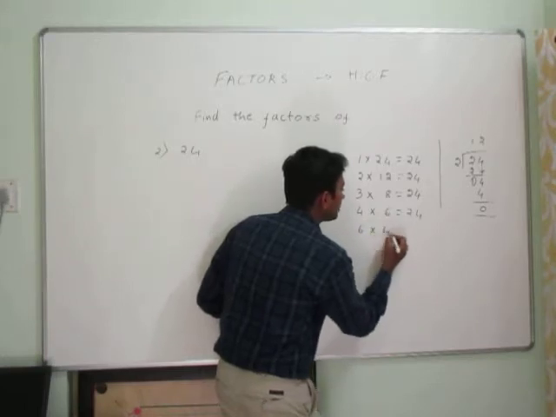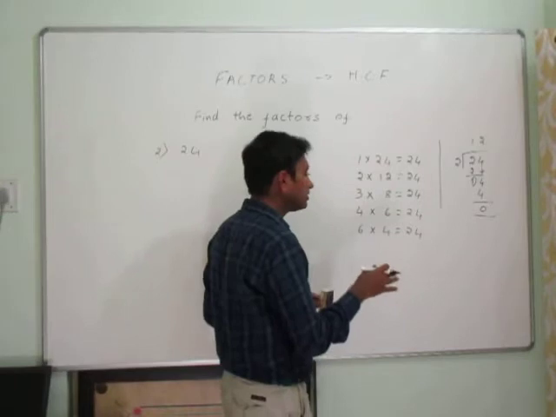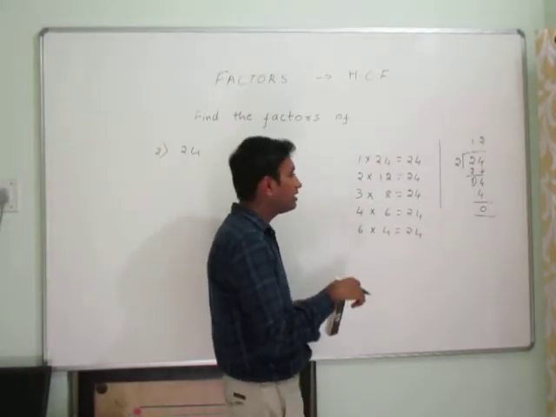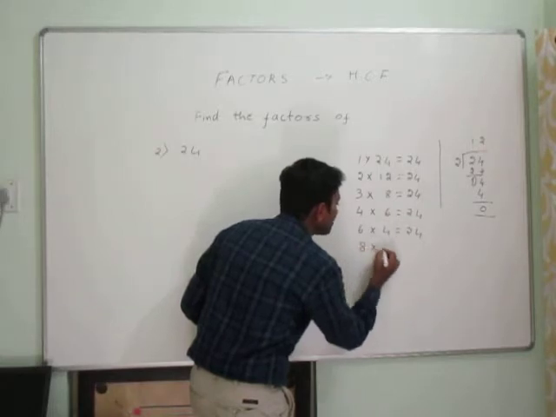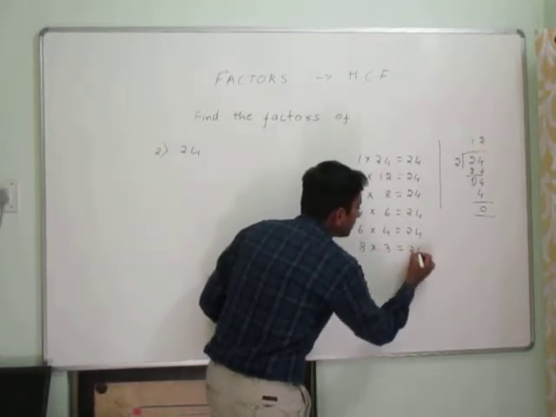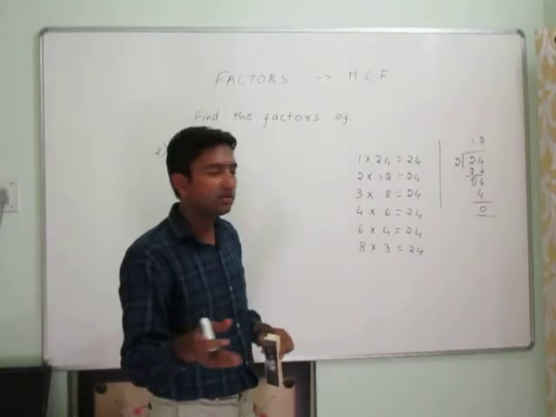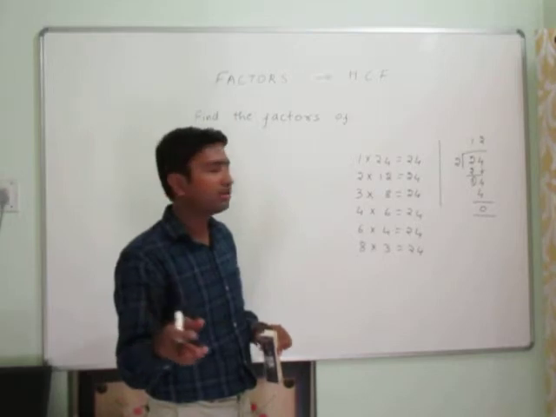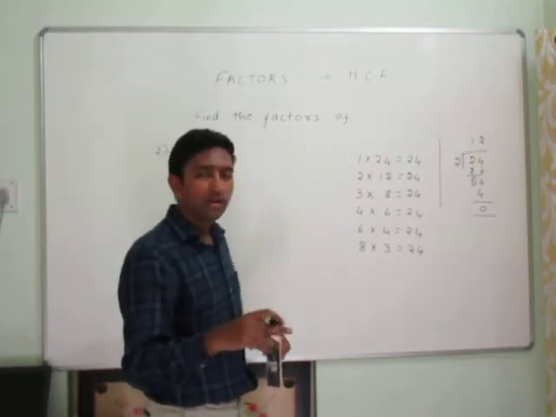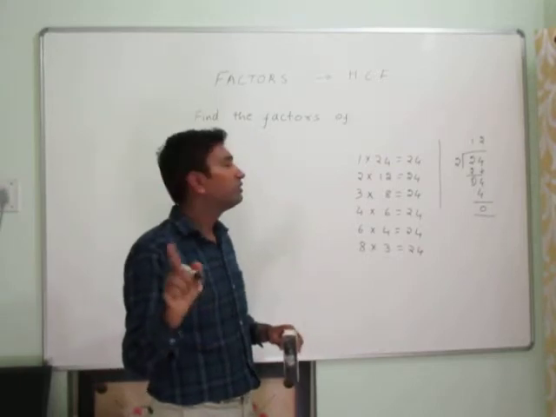6 4s are 24. Next, 7 tables, not possible. 7 3s are 21, 7 4s are 28. Then 8 tables, 8 3s are 24. Then 9 tables, 9 2s are 18, 9 3s are 27, not possible. 10 tables, 10 2s are 20, 10 3s are 30, so forget it. 11 tables, 11 2s are 22, 11 3s are 33, not possible. Lastly, 12,